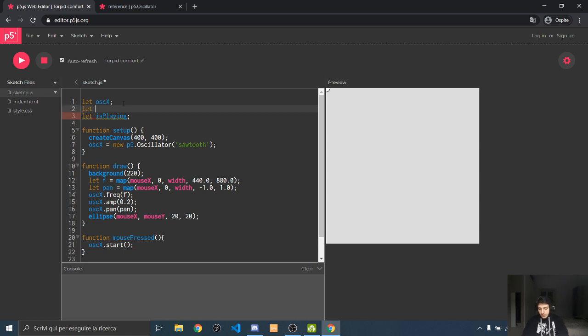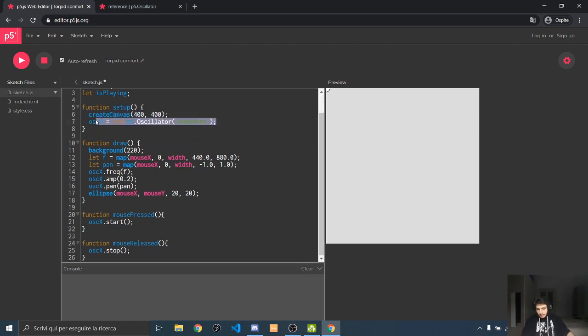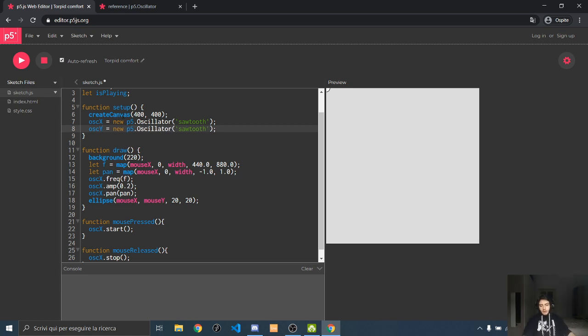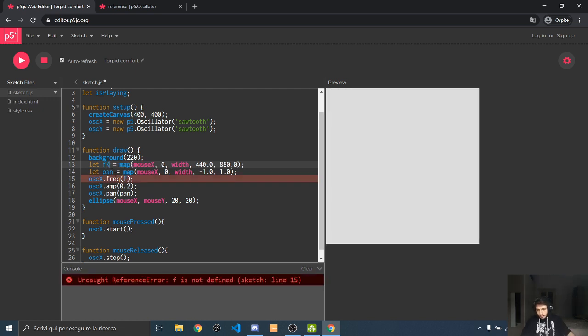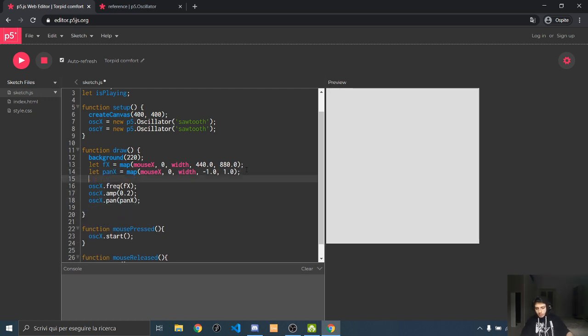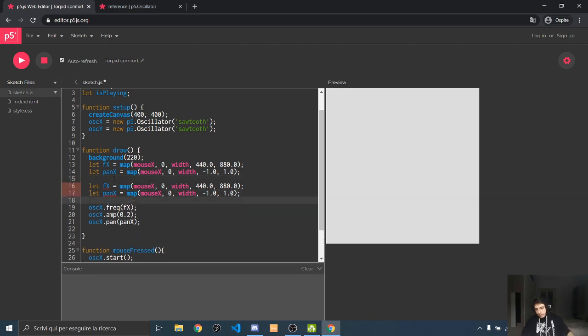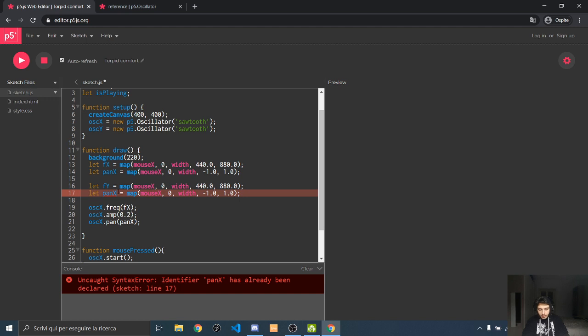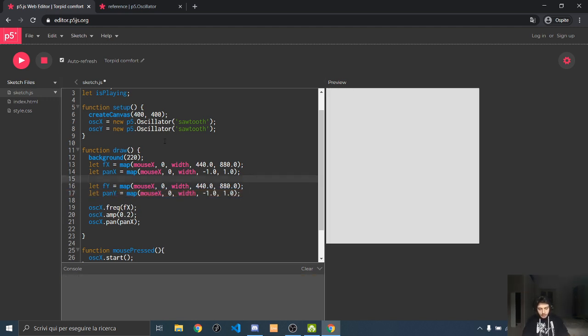Or I am stupid and I can find that. OSCY, and we can say the same, so we can initialize a new oscillator, and we can say fx pan x, so it's pretty long-winded, and also get rid of the ellipse because I don't like it, and we can say the same, Control C, and we can say fy and pan y,